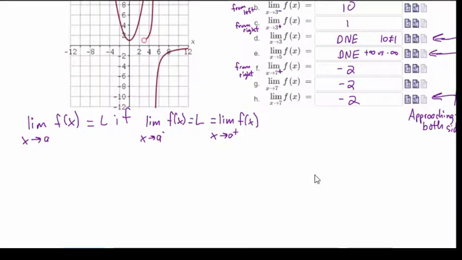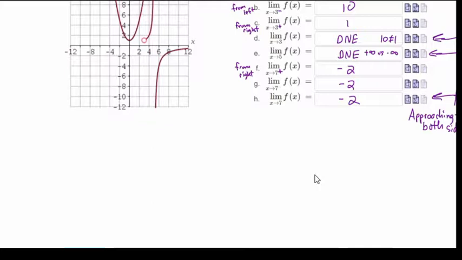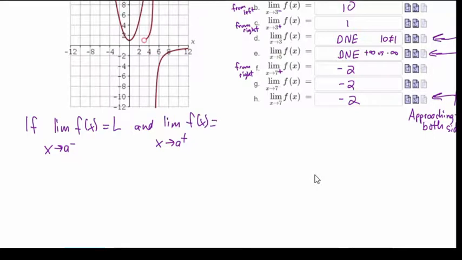Or I'm going to rephrase that in a slightly different way. Same idea. If the limit as x approaches a from the left of f of x equals some value L, and the limit as x approaches a from the right of f of x is also equal to L, then